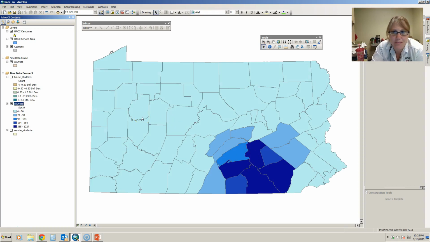It's kind of a boring map because, of course, the areas outside of the service area are not going to have really any students, so all your values are really clustered here. But let's just say that we want to make a map with a customized color scheme because we're really bored with the color schemes that we find in ArcMap, and you will get bored with them really quickly. What we can do